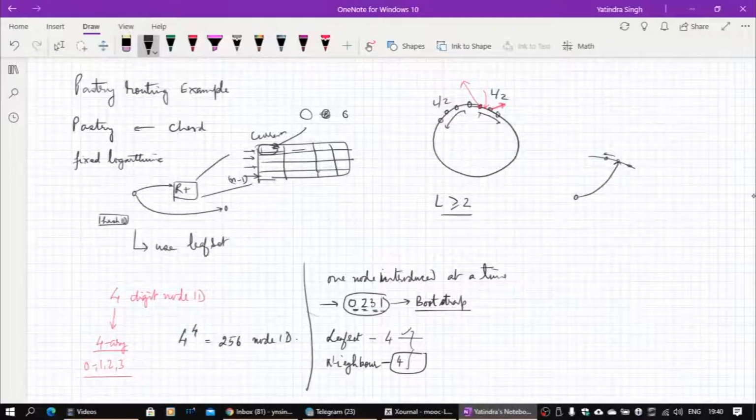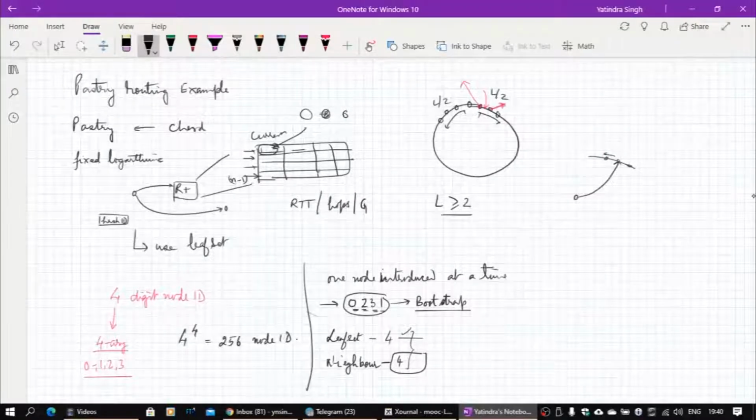It can be RTT, round trip time, it can be hops, or it can be geographical coordinates, maybe longitude and latitude. Based on that I can find the physical distance over the globe and then choose the ones which are closer to me.